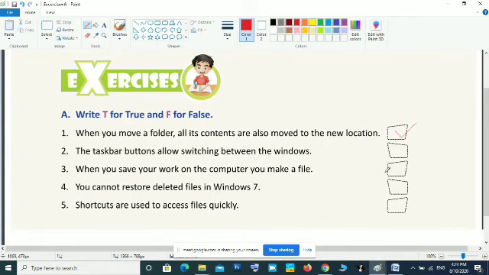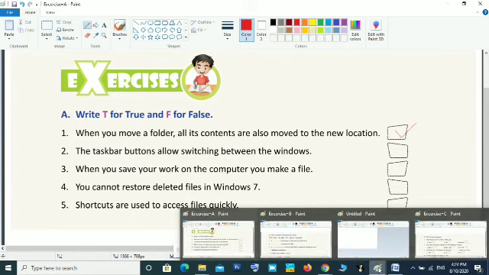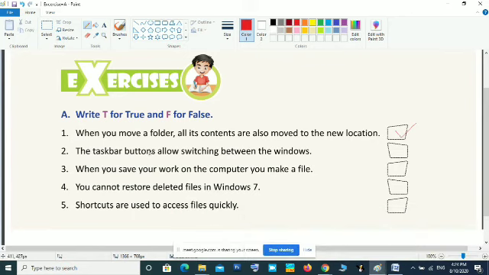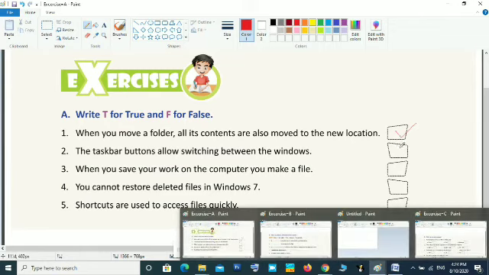That is on the taskbar. You can see all the opened tasks. When you click on that button, that task will be the active task. That is true. When I am clicking this task, for example this task, you can see all the tasks are opening. Okay, taskbar buttons are the applications that are running now, or the programs that are already running in your computer. So that you can see on the taskbar. Okay, that is true.